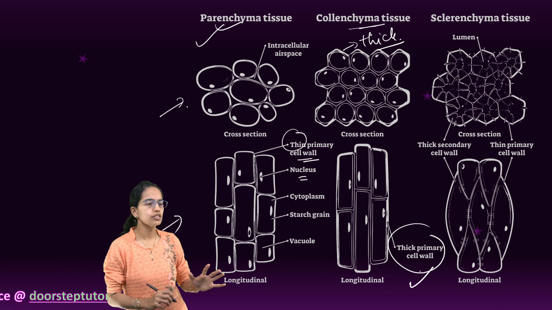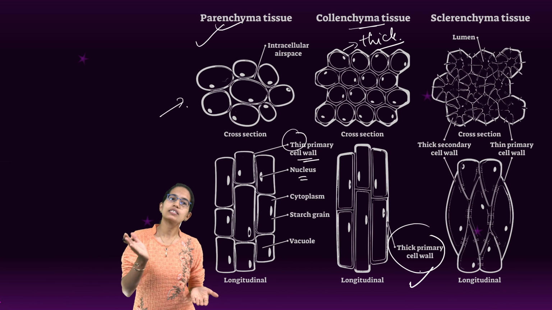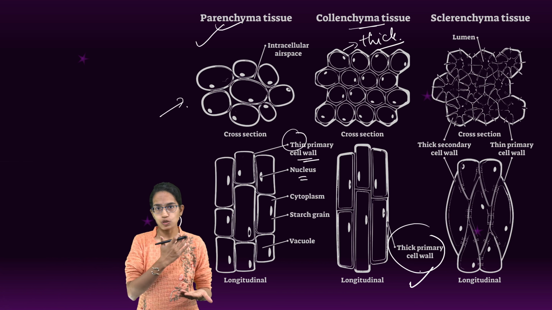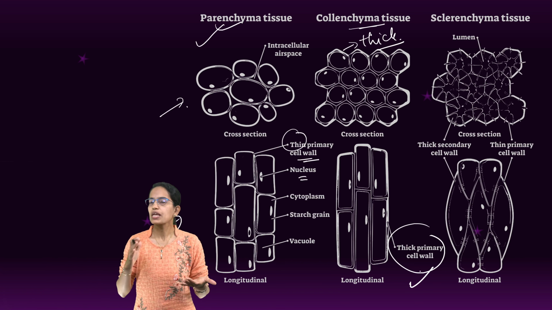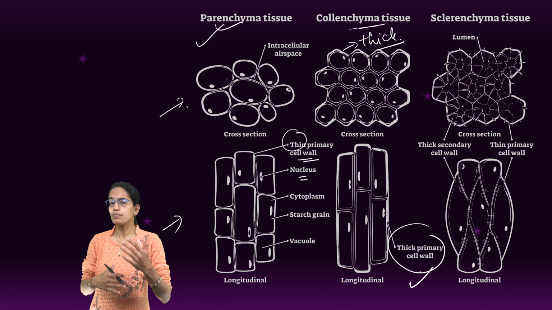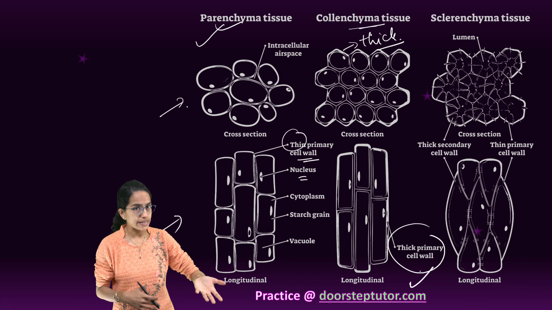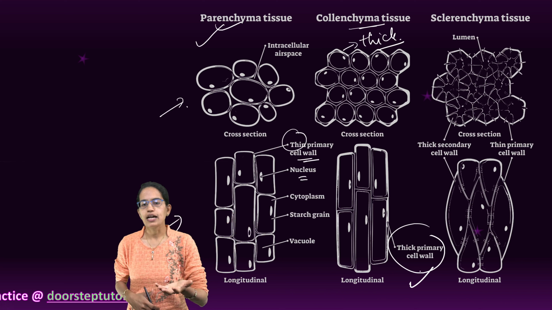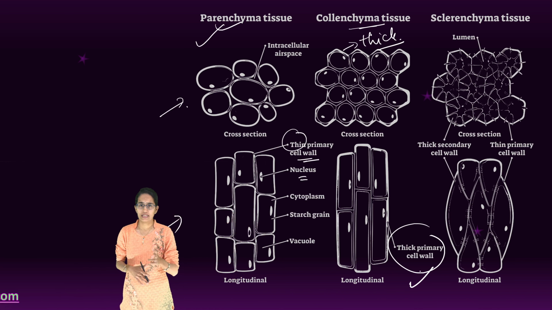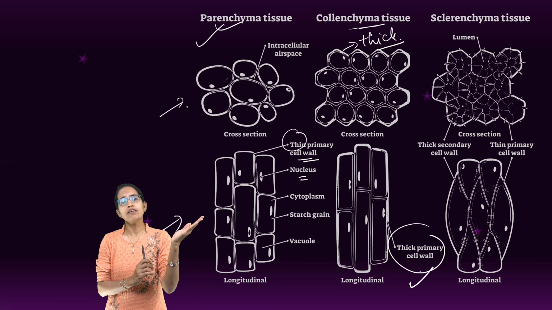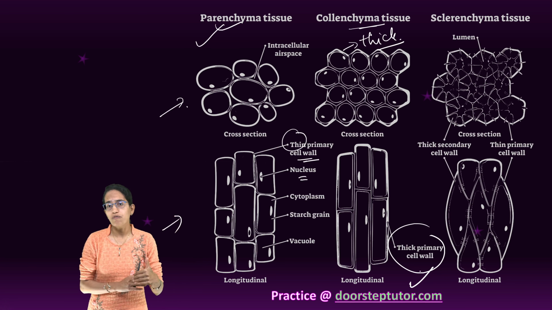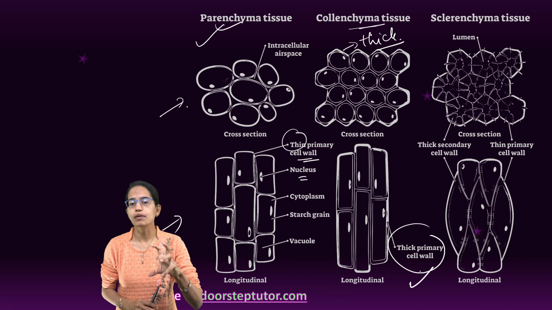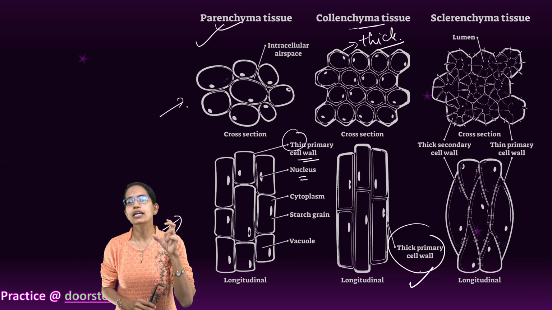Parenchyma, the main idea is to store food, and if it is in a plant which has chlorophyll, it would have chlorenchyma, and the idea would be to synthesize food. Similarly, if it is a floating plant, it would be aerenchyma. The idea is to support the plant to float. Collenchyma, on the other hand, provides flexibility. That means if there is injury to the plant, it would just not drop, it would bend, and that capability of bending comes from collenchyma. So collenchyma actually provides flexibility to the plant.